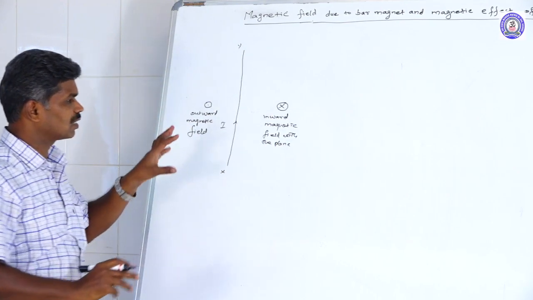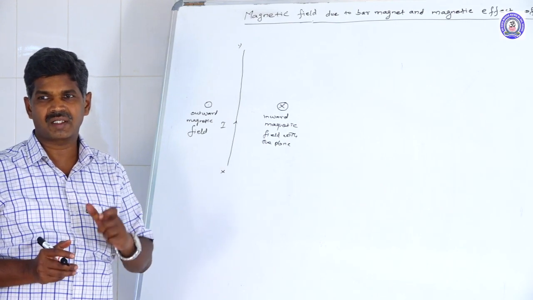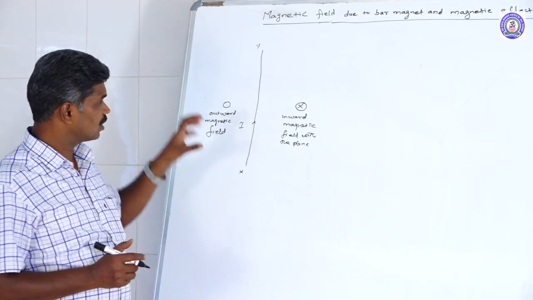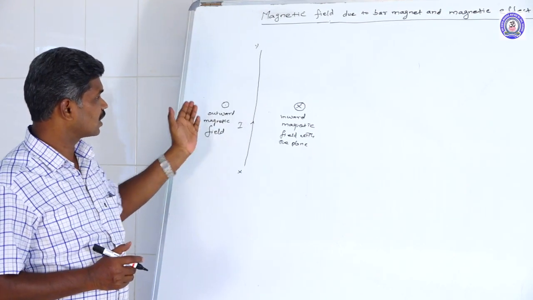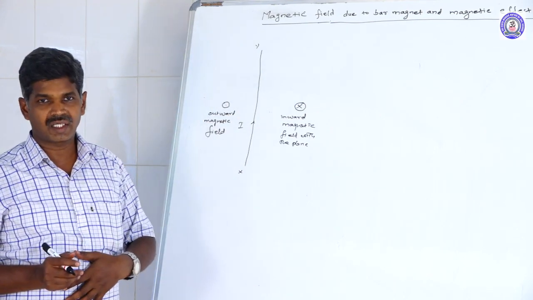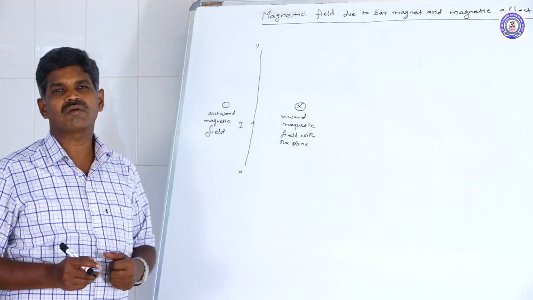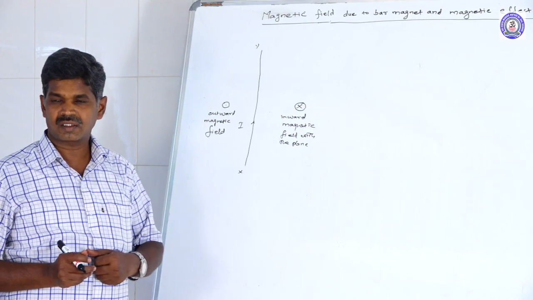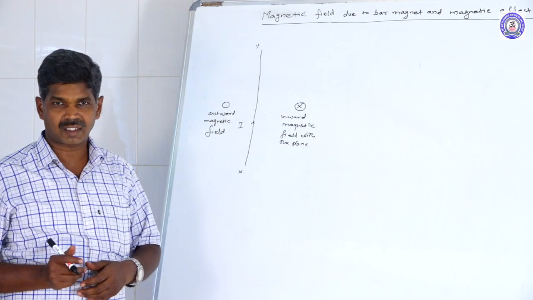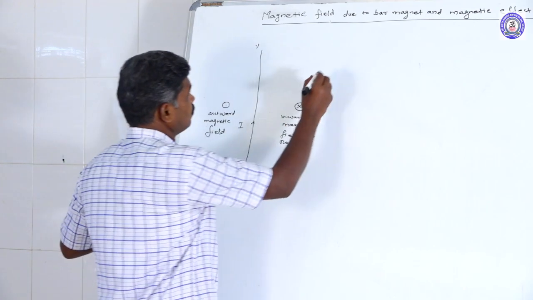To find the direction, we use the right hand. The holding fingers show the direction of the magnetic field. The extended thumb shows the direction of the current. Based on that, one side of our conductor has an outward magnetic field, and the other side has an inward direction. That is how we find the direction. Next we are going to find the magnitude of the magnetic induction at any distance point from that current carrying conductor. For that we will apply the Biot-Savart law.